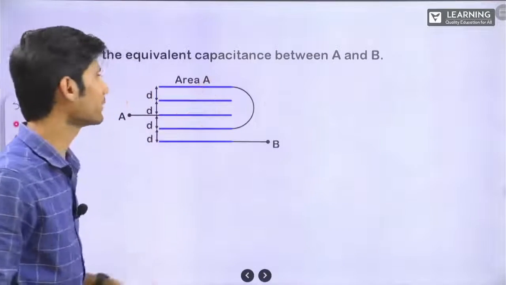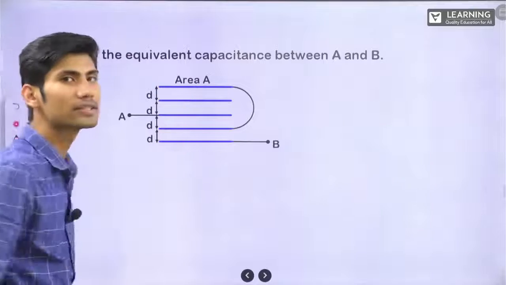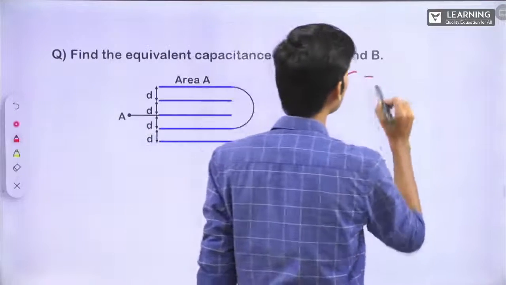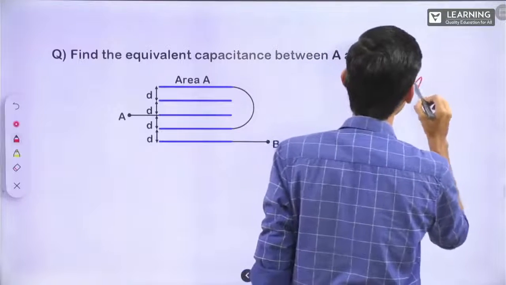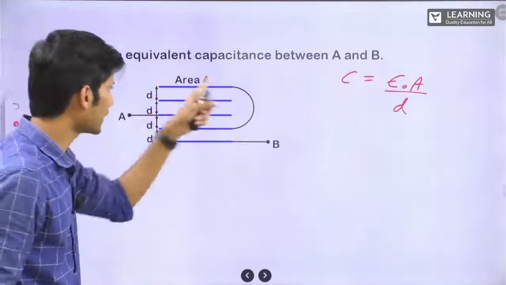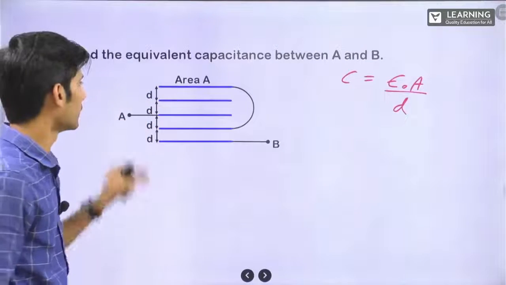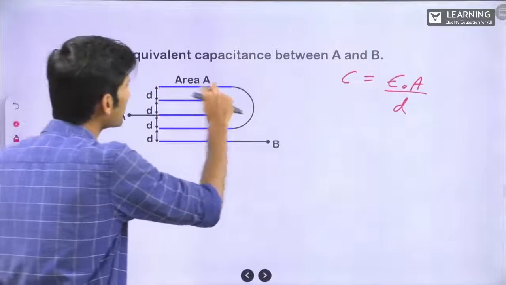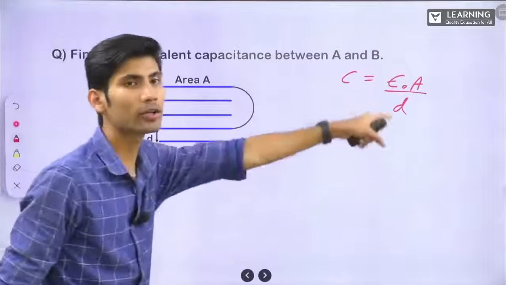Here, area A is given and the distance between 2 plates D is given. So can we write capacitance between 2 plates as epsilon naught A by D? Yes or no? The area of each plate is given as A. Distance between any 2 plates is D. So the capacitance between these 2 plates is epsilon naught A by D,